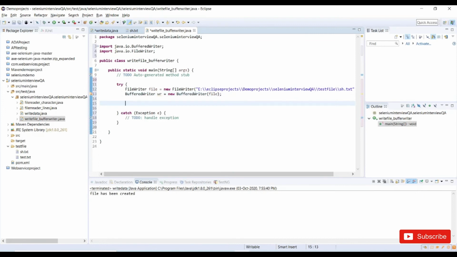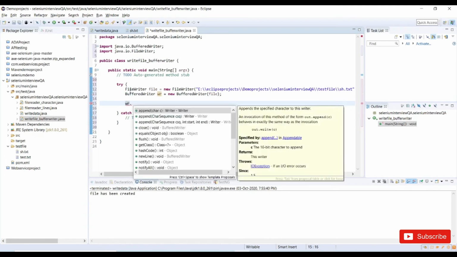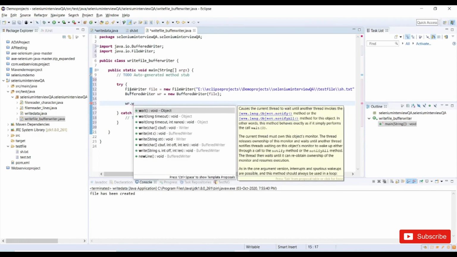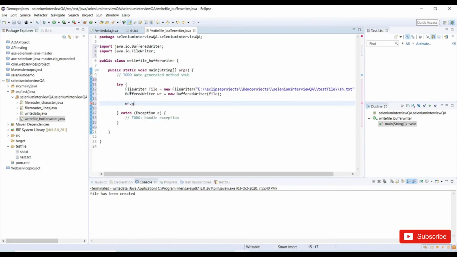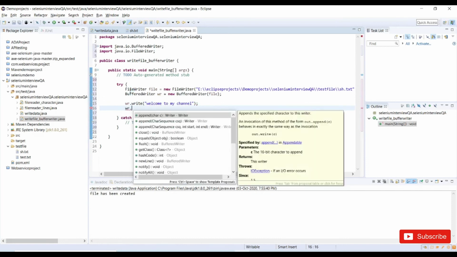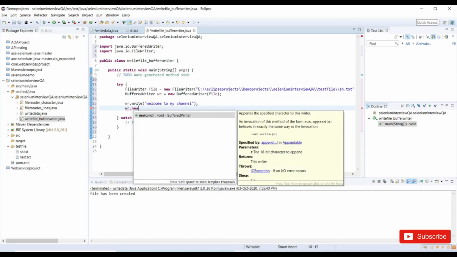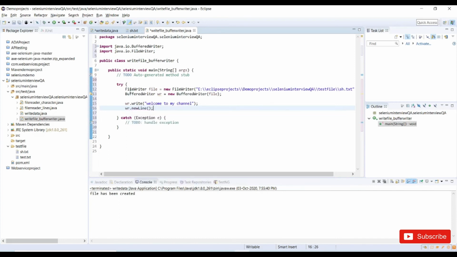Once we have created the buffer writer instance, we call, using the buffer writer bw, dot write: "Welcome to my channel." And here we have an option to create a new line. We have a method newLine in the buffer writer, and this allows us to write the line into a new line.